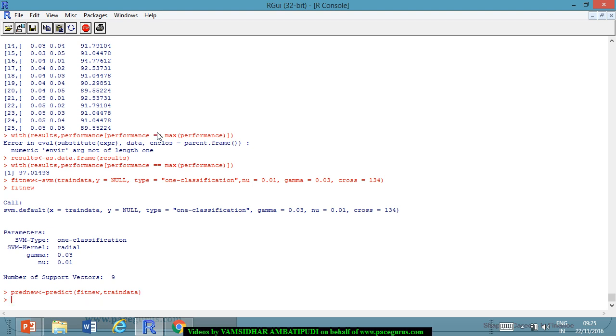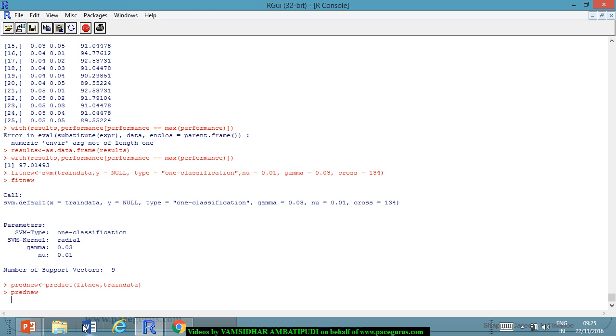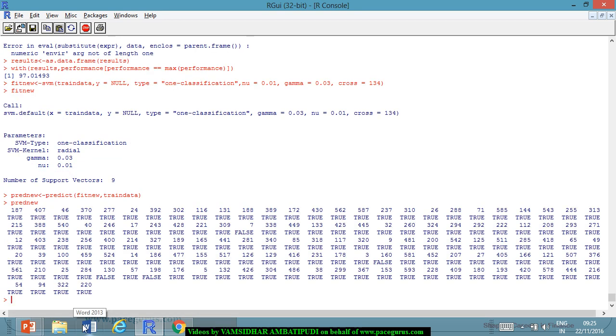And it comes out that this time the pred new is working out to a large extent, everything is coming out to be true. So the pred new has done quite a decent job out here, right? Looks like very few falses are there. So when I'm executing this model on the training data, at least the accuracy of the model is coming out